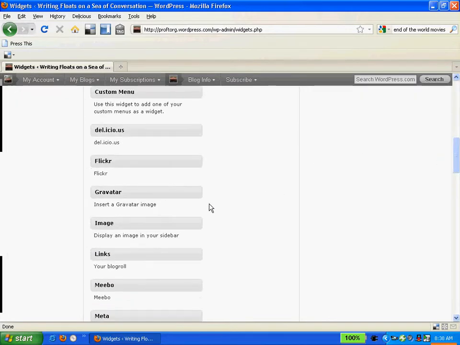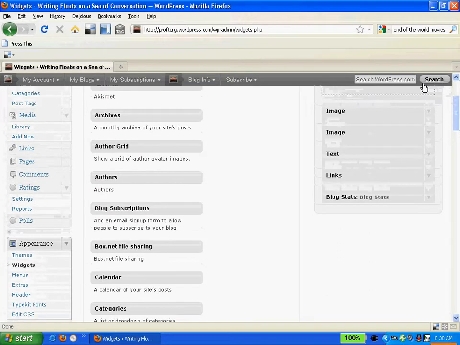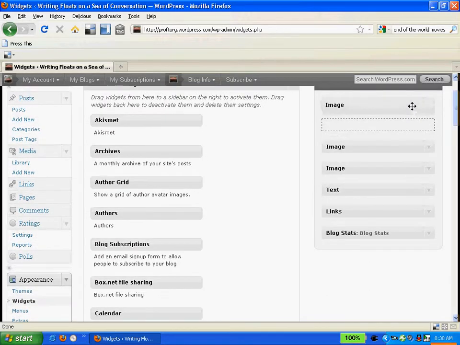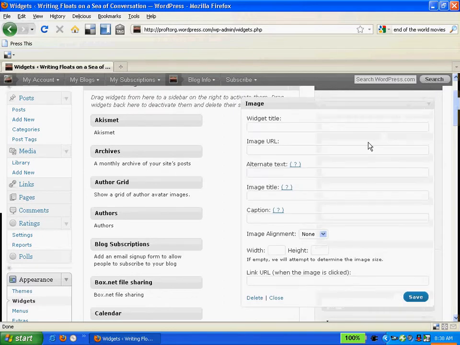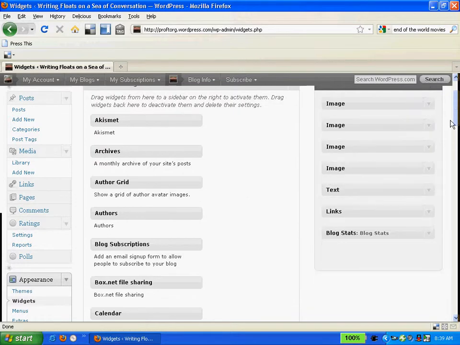And so I have image, and I'm coming over to the right, and this image works in some ways like the image that we've already covered in adding an image to a blog post. So I can click from a URL, which would be that I go find an image on the web, and I right click and I copy the location and I paste it there,